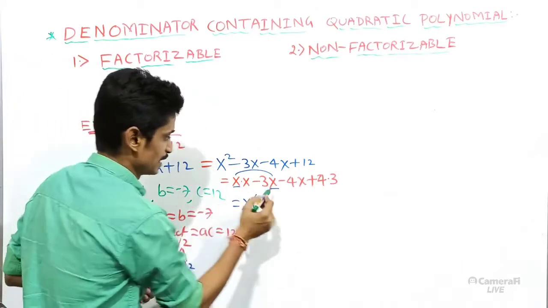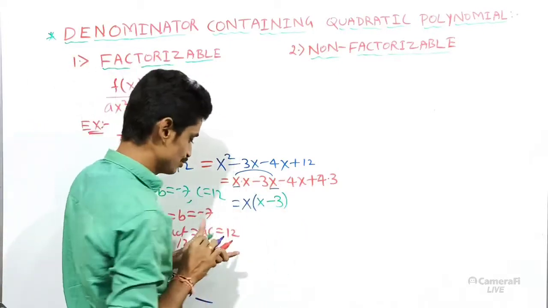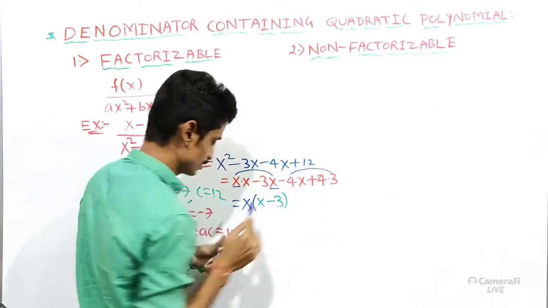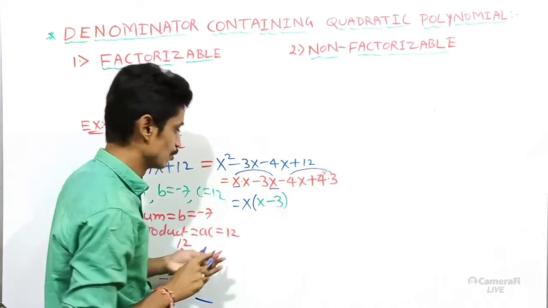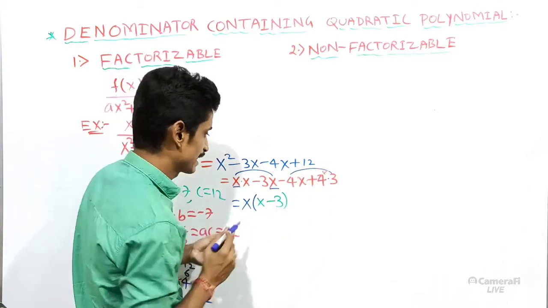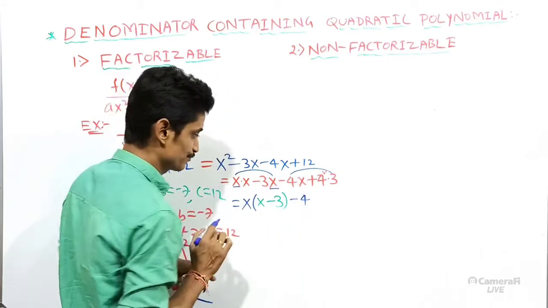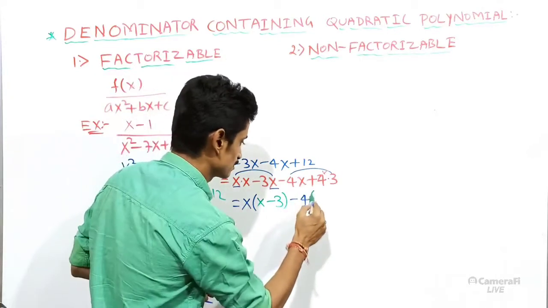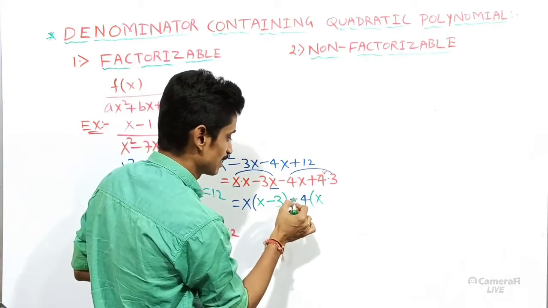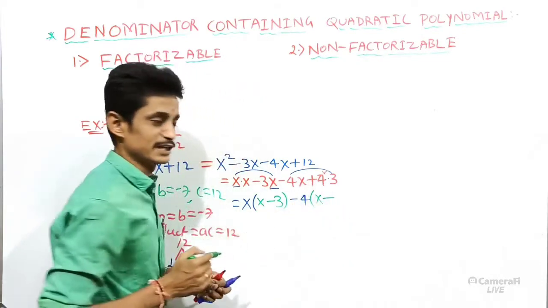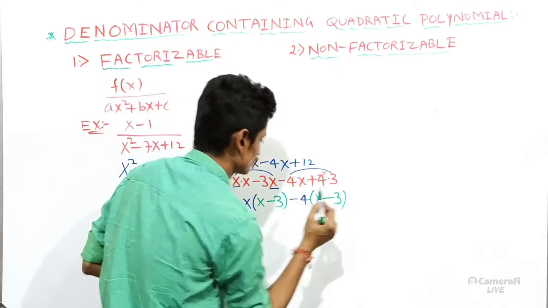1x remains, and here that is minus 3. Right? And once you look at this one, here too we have a common, that is 4. So when I take minus 4, not plus 4, minus 4 I will take common. What remains? 1x remains. Already the minus sign I took out. Plus means already a minus sign is outside. Minus of minus will be a plus sign. What remains here after taking 4 common? That is 3.